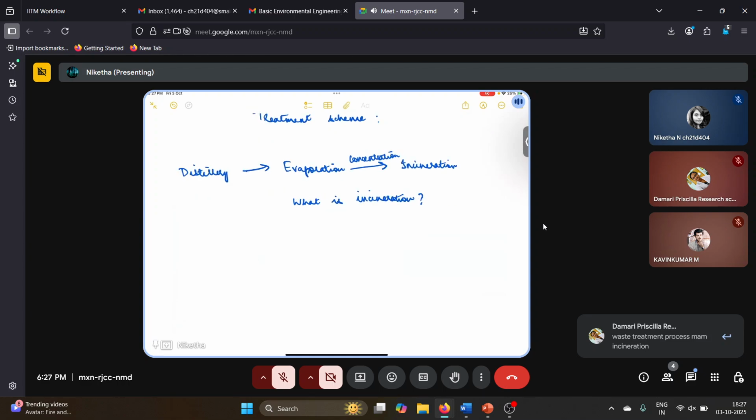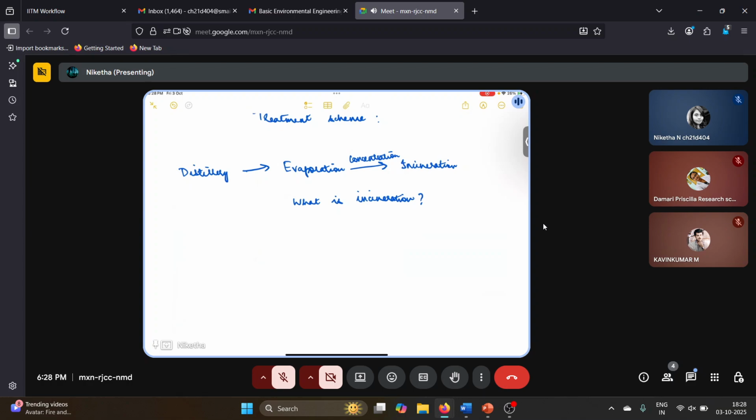Okay, so incineration means the controlled combustion of material in the absence of oxygen. During burning, we let the combustion take place in an open atmosphere where oxygen is also present. It in fact drives the process, but during incineration, we completely remove the oxygen and we just allow the combustion to take place. And here the temperature and everything can be controlled. So it is a controlled process. Even the mixing rate,